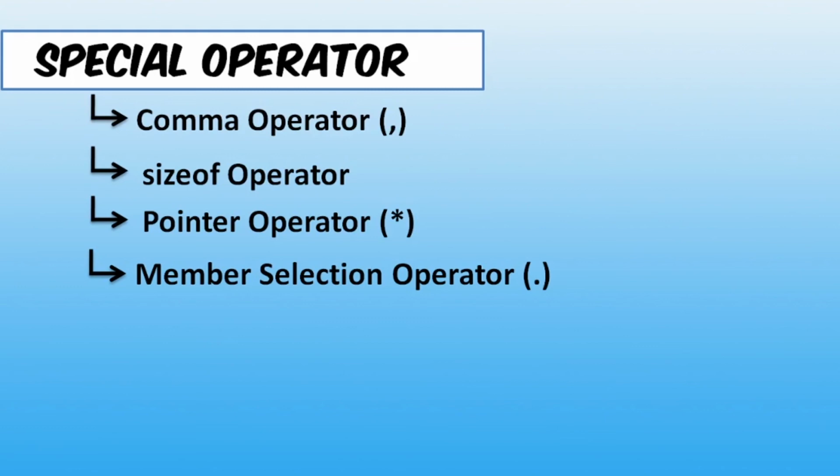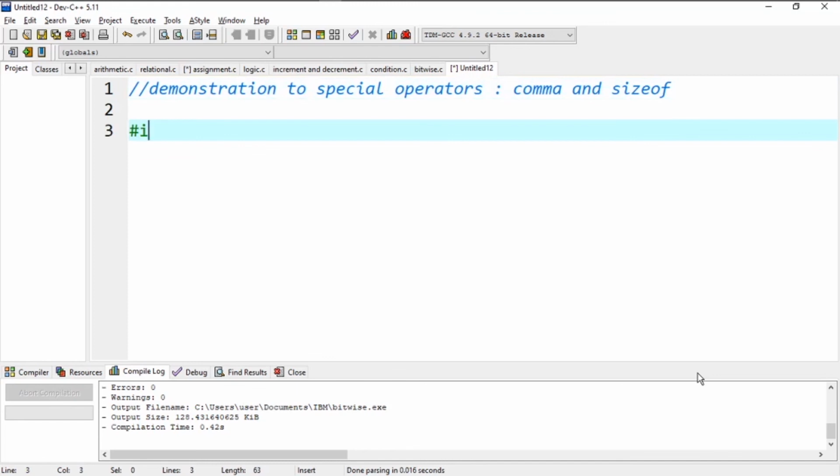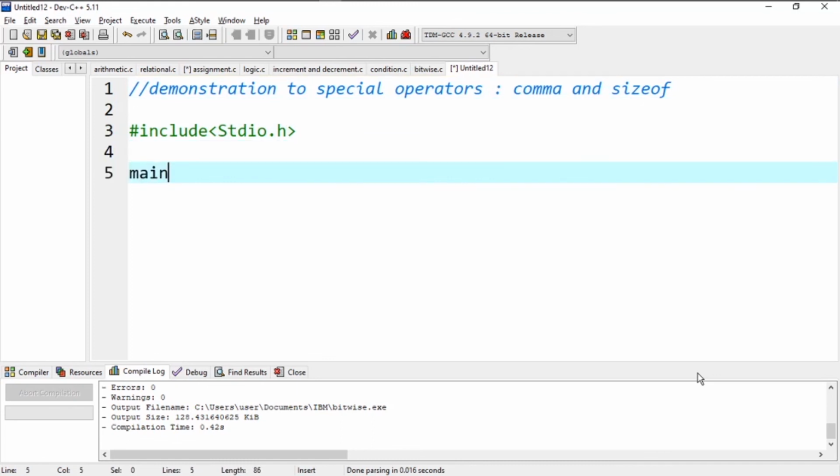So again let's create a new file and now let's give it a title, that is demonstration2, special operator. Special operators that are namely comma operator and size of operator. So I'll be including here include stdio.h, and I'll write the main function over here.